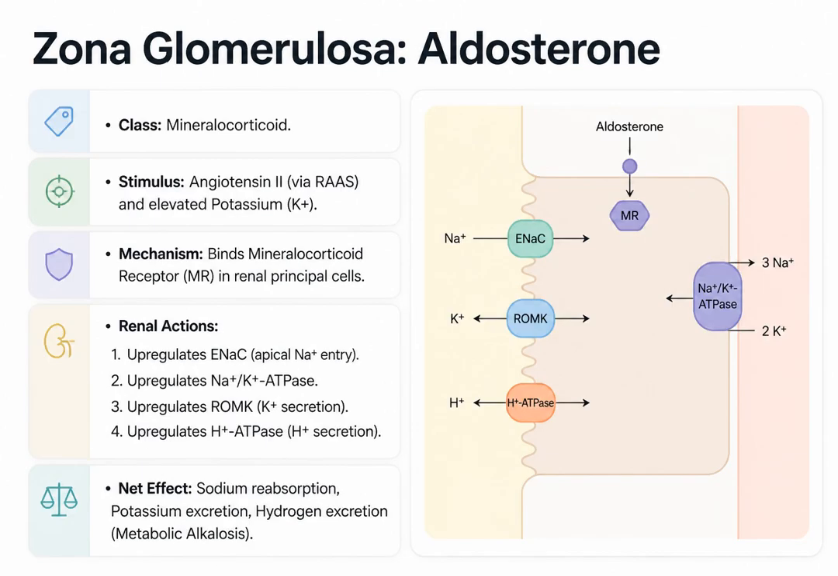Moving to the outermost zone, the zona glomerulosa secretes aldosterone. Its primary triggers are angiotensin II and high potassium levels. Aldosterone binds to mineralocorticoid receptors in the kidney's collecting ducts. It upregulates sodium channels called ENaC and potassium channels called ROMK. The net result? Your body retains sodium and water while dumping potassium and hydrogen, which can lead to hypokalemic metabolic